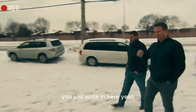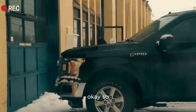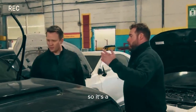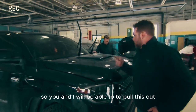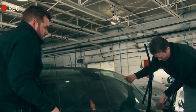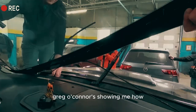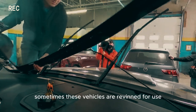So just right in here? Yeah. Okay, so you can show me how they actually re-VIN a vehicle here? Is that the idea? Stolen vehicles aren't always exported overseas. So you and I will be able to pull this out. Slowly pull up. Peel Police Detective Greg O'Connor's showing me how sometimes these vehicles are re-VIN'd for use right here